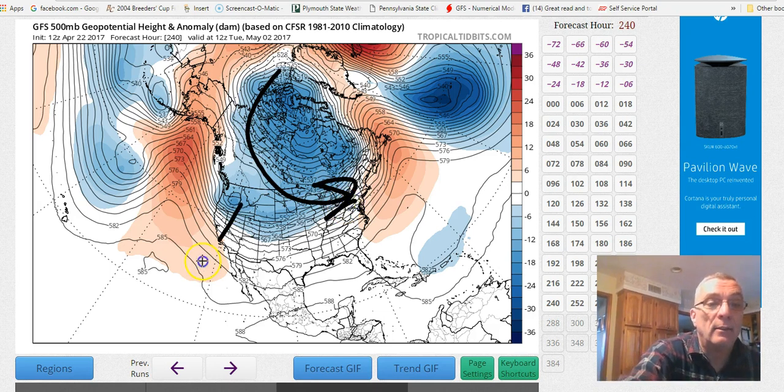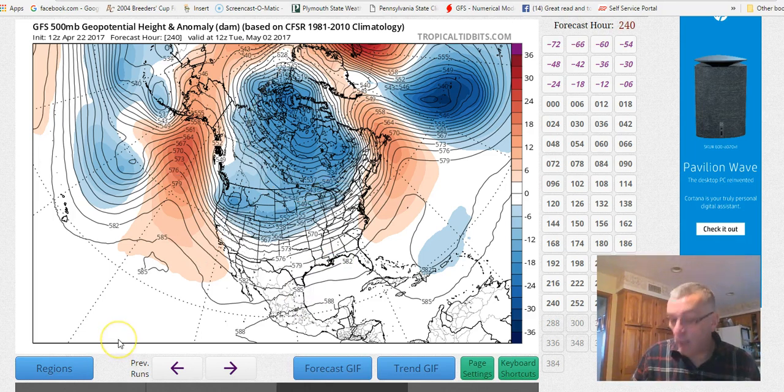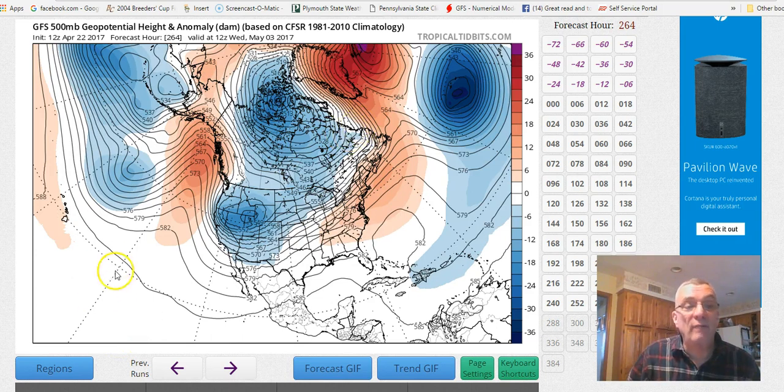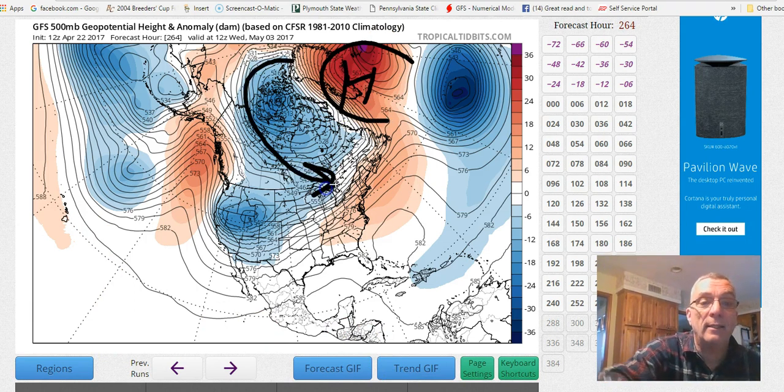out of Canada, and a little bit of a split flow there in the west. So the weather system is going to be trying to undercut that to some degree. Over time, now only going out to day 11, we have what looks like a big blocking high that's developing up near Greenland. So we're going to have to watch that. And you've got a vortex in Canada that's going to want to shoot down some cooler air masses, and that